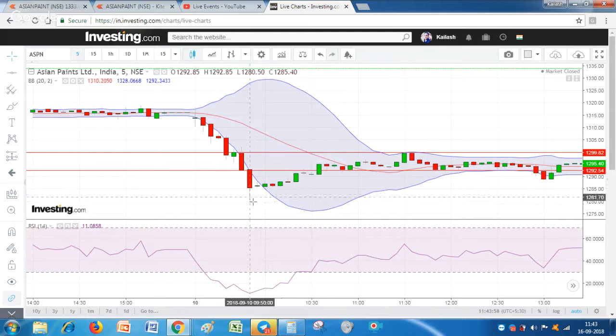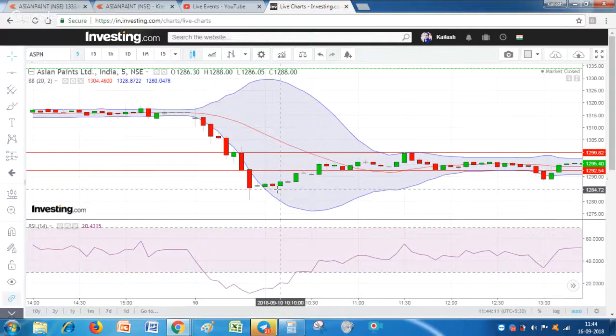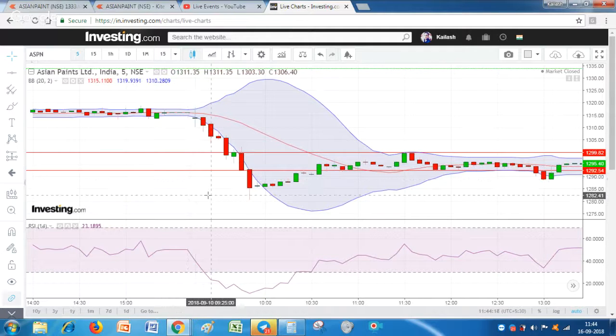Either we have the chance to take profit at somewhere around this level even. The stock gave a very big dip, actually to 1280, 81 somewhere, so we would have taken profit immediately at that level. If we are not able to take profit, our stop loss would be hit, so still we are in profit. So always remember, if we have taken an entry in any trade, one stock gives us some profit of around 0.5% to 1% of the total stock value.